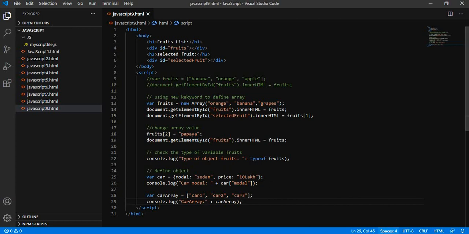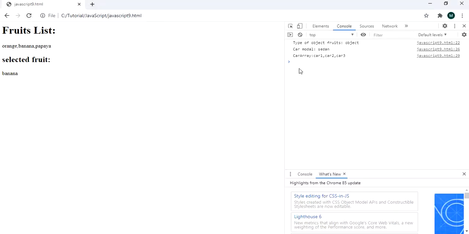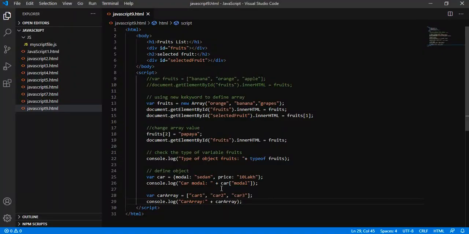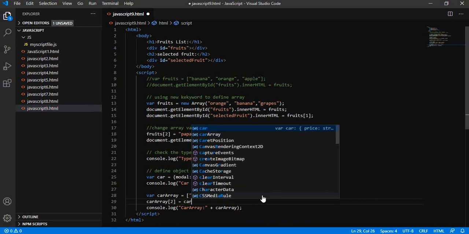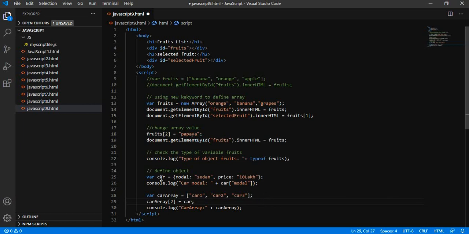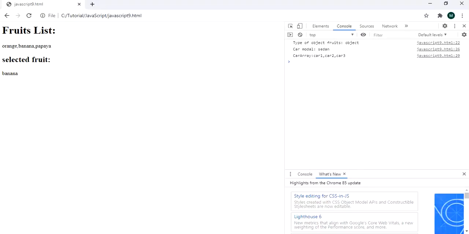Let's see. So this is printing car1, car2, car3. What if we change the value of the last one, car3, equal to the car object that we have defined over here? Then what will happen? So it is printing the object.